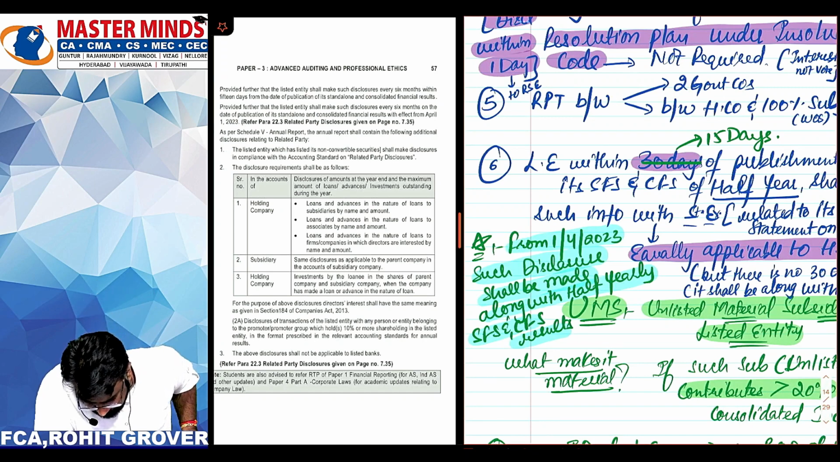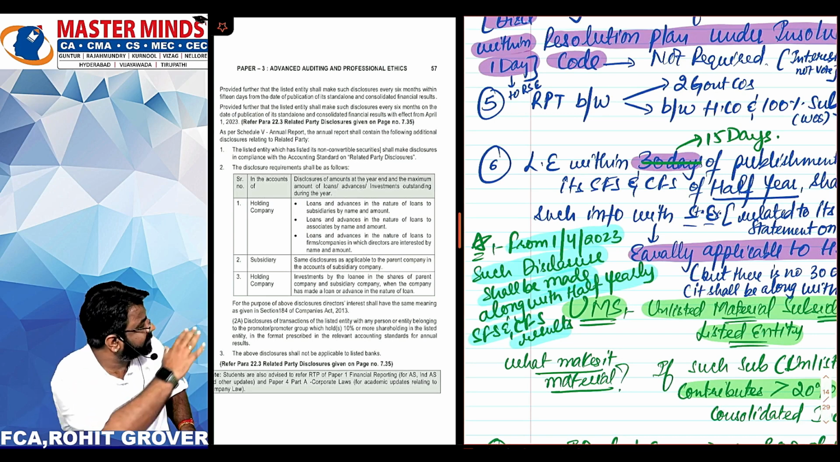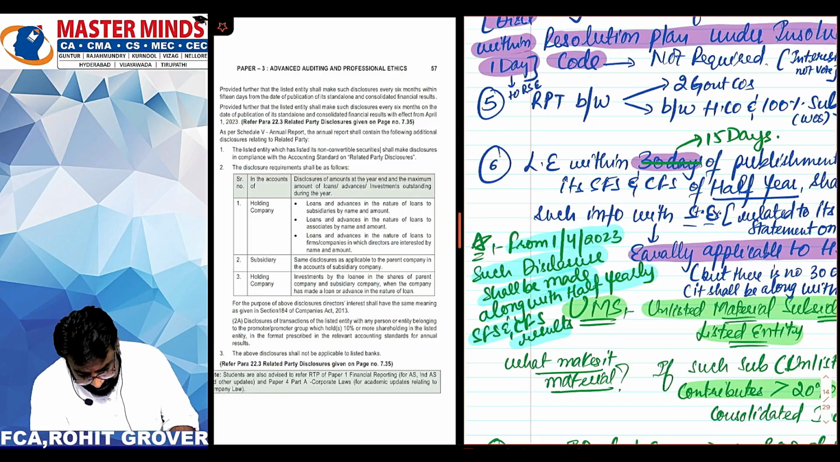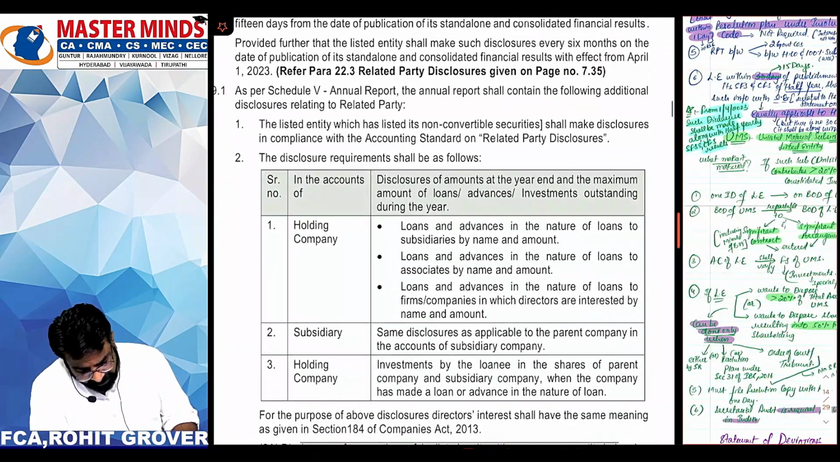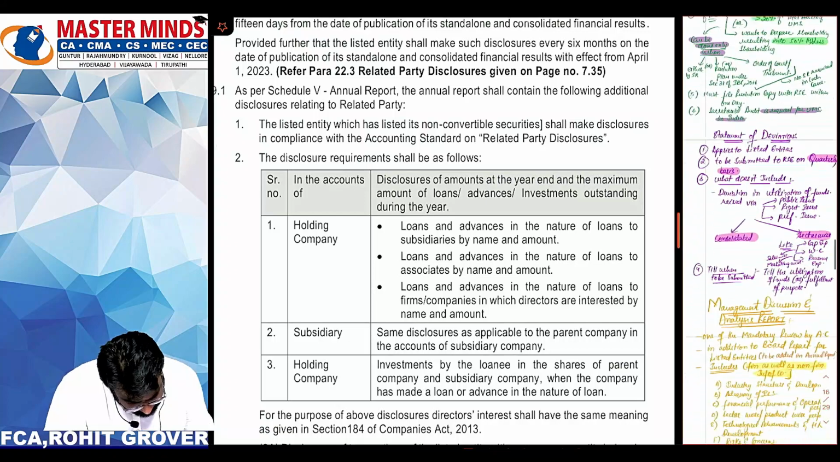And I think, what is this next one? As per schedule, the annual report shall contain the following additional disclosure. तो ये तो अपने को as it is लिखना पड़ेगा. The total additional disclosures they are telling you now. We have written annual report, right? Last में